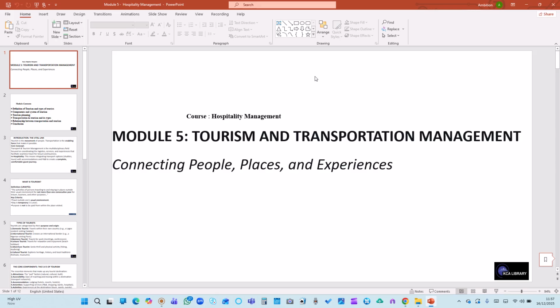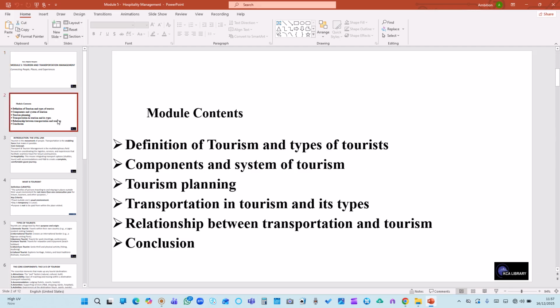In this module, we shall be discussing transportation and tourism management in hospitality management. Just like we said earlier, transportation and tourism is one of the major components of hospitality management. In this module, we shall be